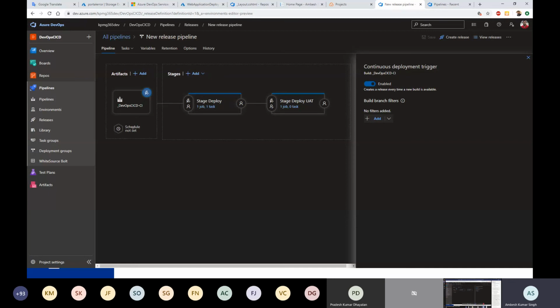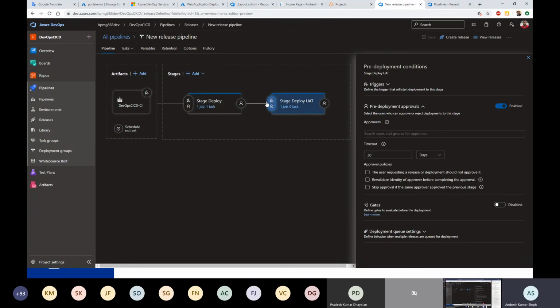I can schedule it, like maybe every Friday I need to just get a complete build and deploy, or maybe every fortnight. So I can do that too. I just created the stages. The first stage is deploying to the dev environment. The second is deploying to the UAT. I just put a small check in between, the approval here, and I set who needs to approve. You can just add a user from your org here, and then you can make a few settings here,